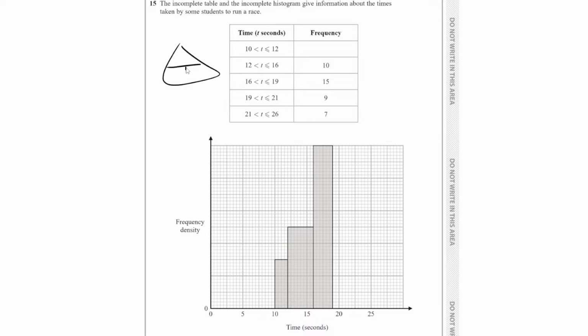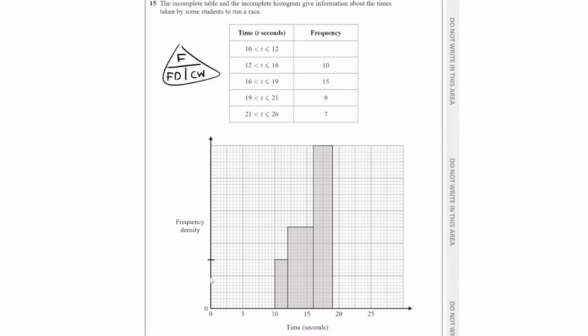For histograms, this is our formula: triangle, frequency at the top, frequency, density, and class width at the bottom. The way I remember that is because the ones with 2 letters go at the bottom. That's just how I kind of remember which way around it goes. We want to work out the frequency for the first bar, don't we? If we cross that out, do you see how that would be frequency density times class width? So the frequency density for this bar